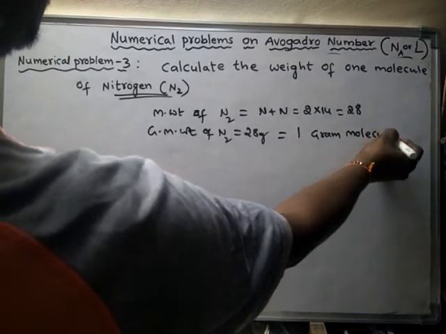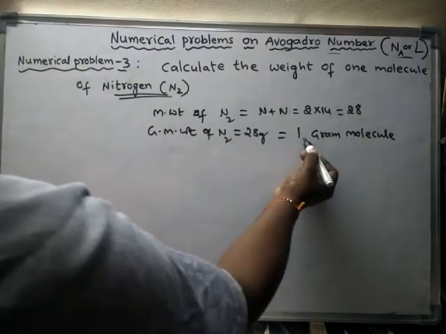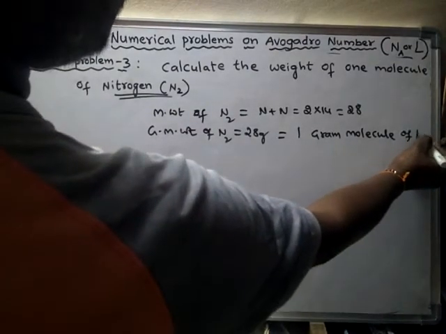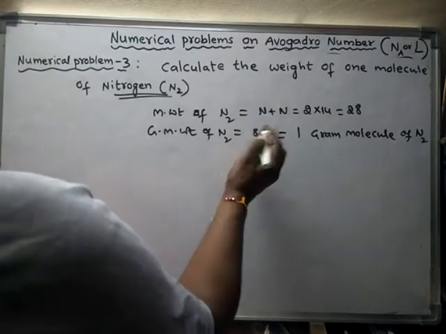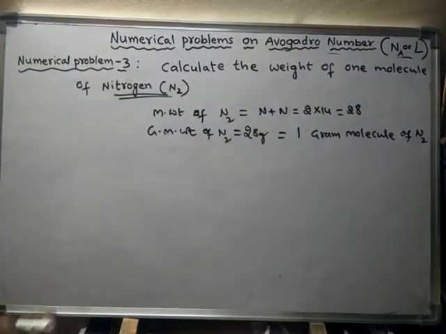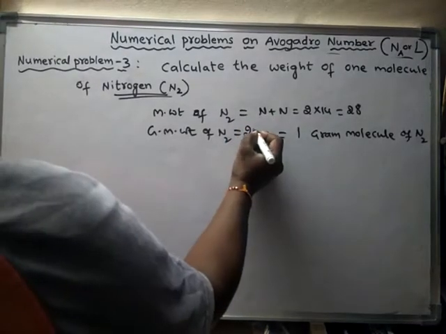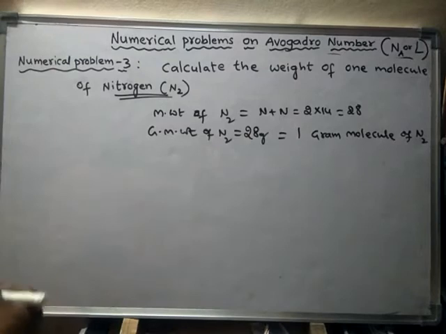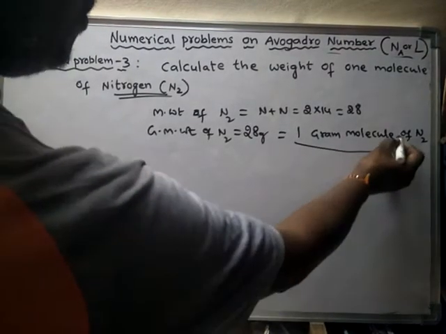So here it is nitrogen. Hence, the gram molecular weight of nitrogen is equal to 1 gram molecule of nitrogen, which is equal to 28 grams. Already we know that 1 gram molecule